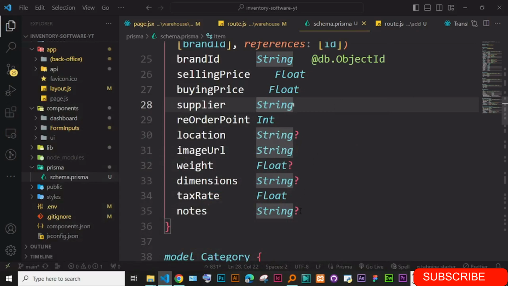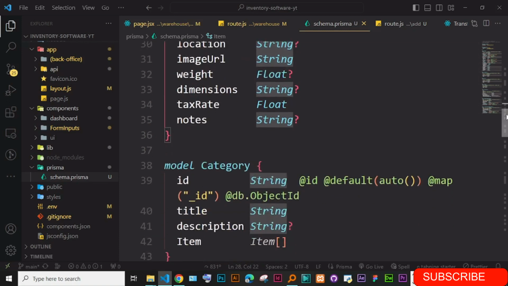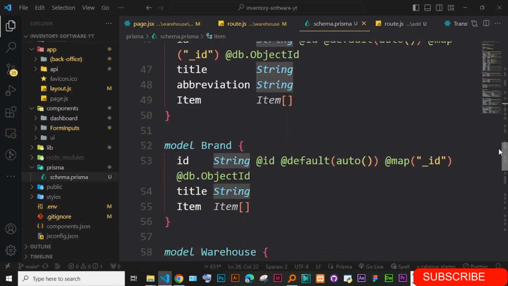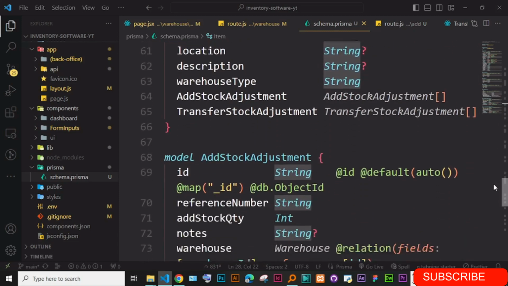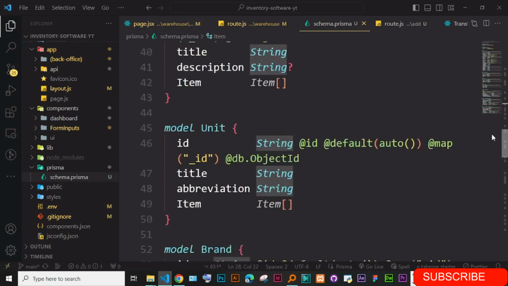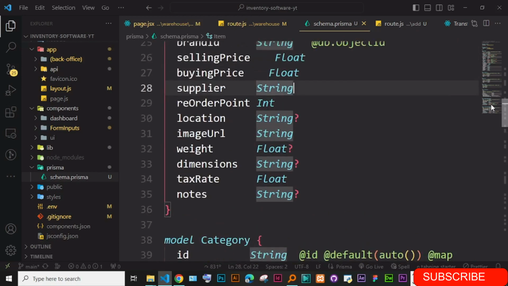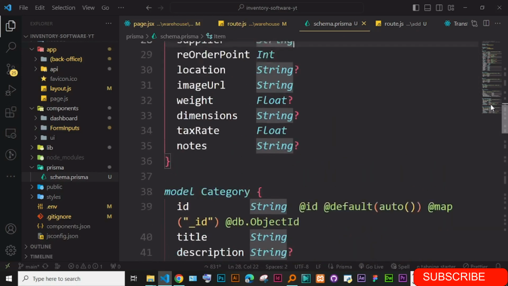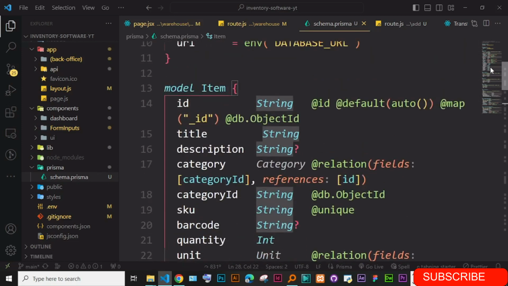Welcome back. In today's episode, we are going to continue from where we stopped in the previous episode. In the previous episode, we were working on forms and on the item. We had worked on all these other forms, the category, unit, brand. All these ones are already saving data into the database. So what we want to do is continue and work on the item,